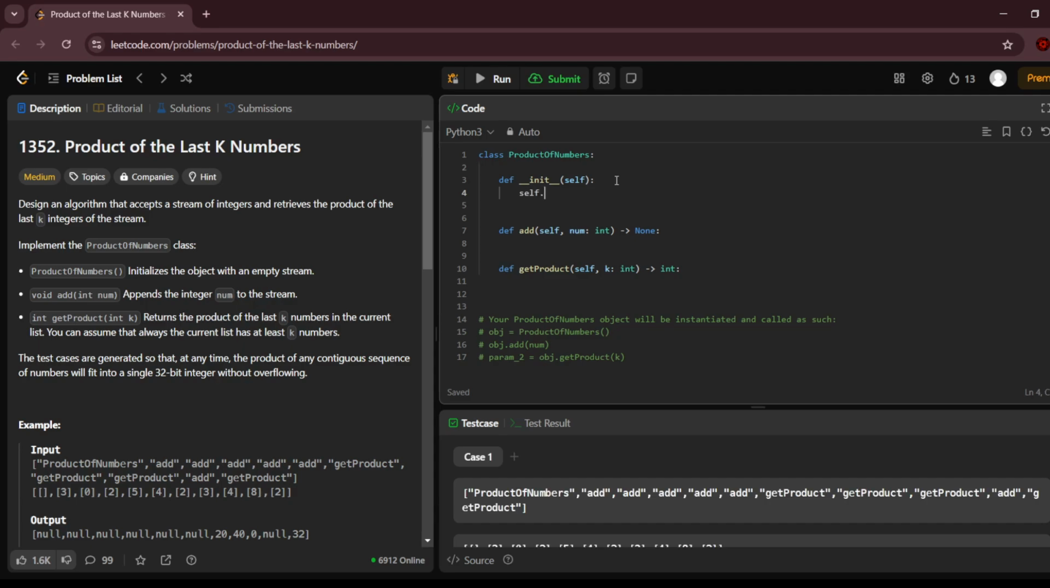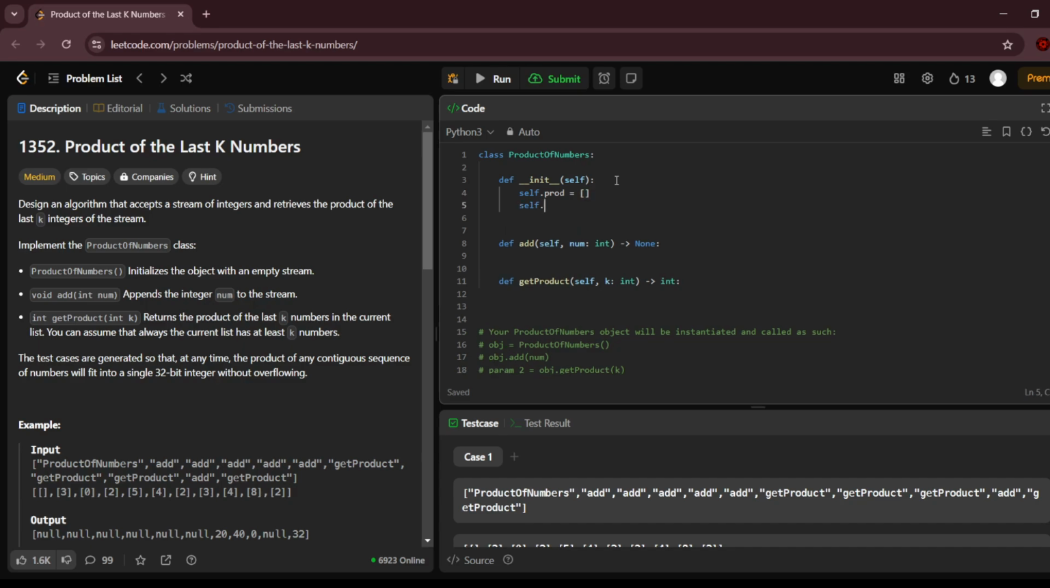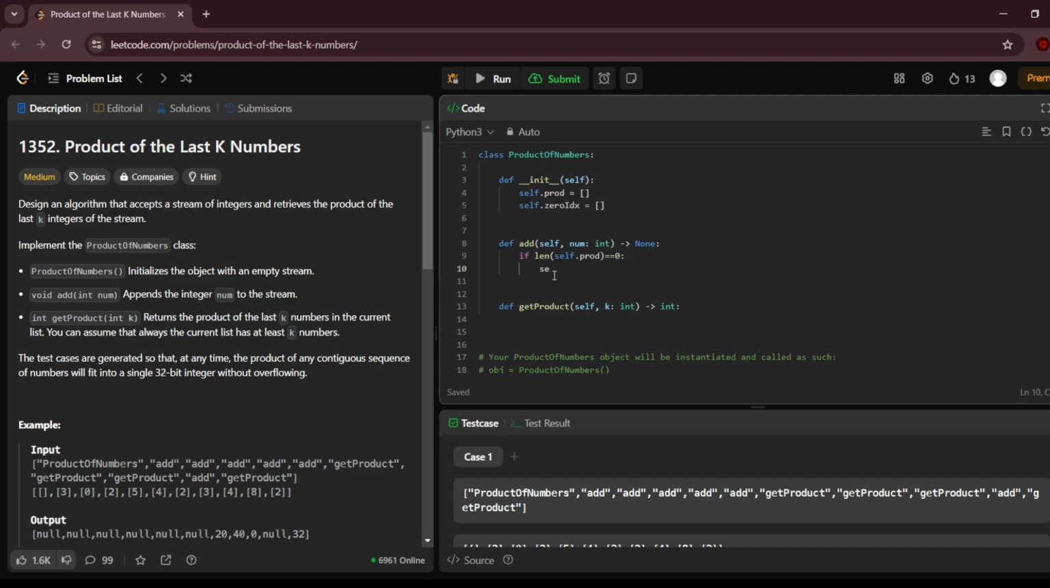So let's maintain a self.prod, and let's maintain self.zero_index. So first is the add function. First of all, if you have no elements in the product and zero index, so if the length of self.prod is zero, you just append to it, self.prod.append(num), and you check if the number is equal to zero. If it is, you add it to the zero index array. zero_index.append, so it's the first element, so we're going to append index 0 to it. If not,